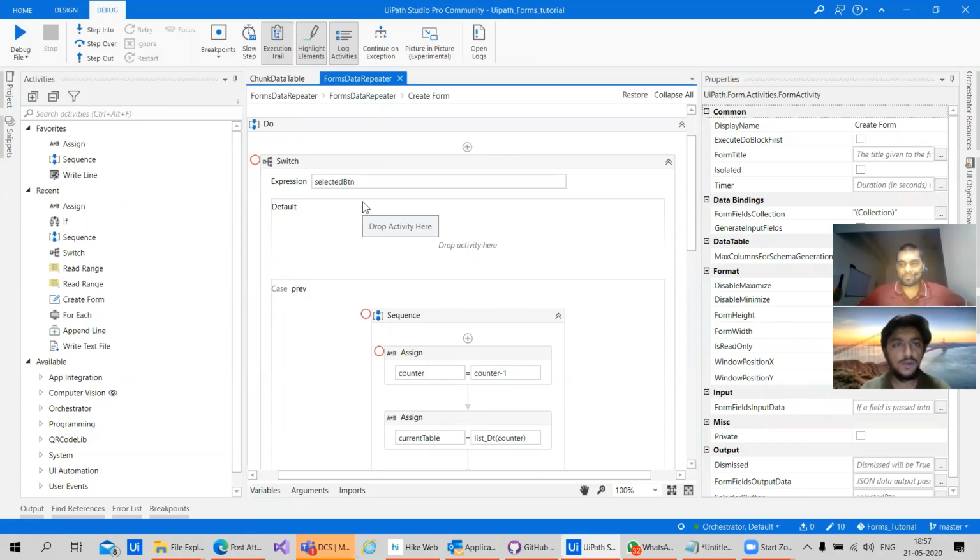So today, what we are trying to do is create a data reader by using dynamic forms. Large data can be chunked into different data sets, depending upon the input, like how many data sets we want the data in. So we can see particular data in our dynamic forms.